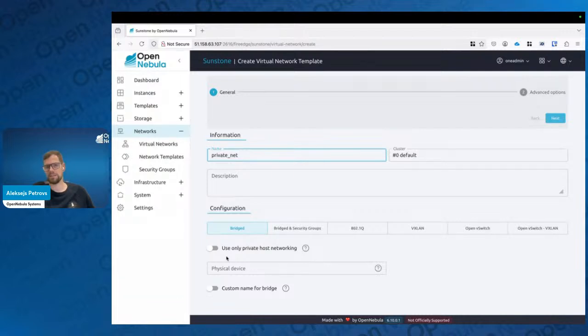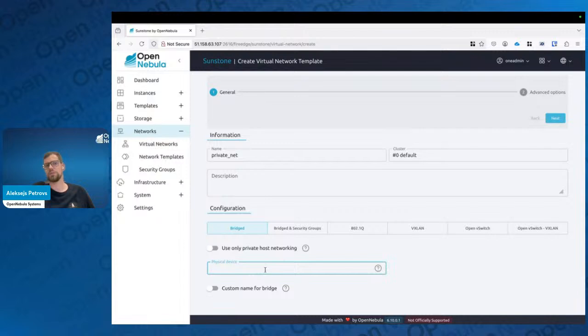That basically means that this traffic should not leave this physical host, which is very convenient if you would like to, let's say, isolate your workloads and then use some kind of a jump host in order to reach them, right? Otherwise, if you are not going to go with the private host networking, then you will need